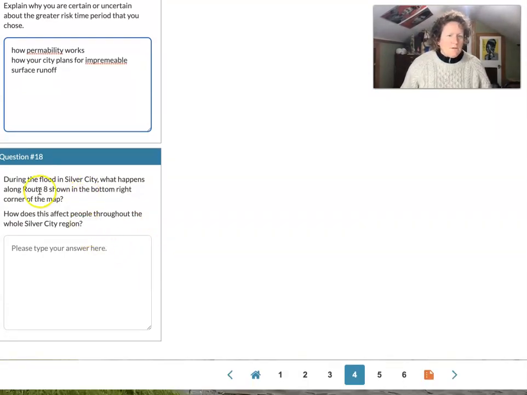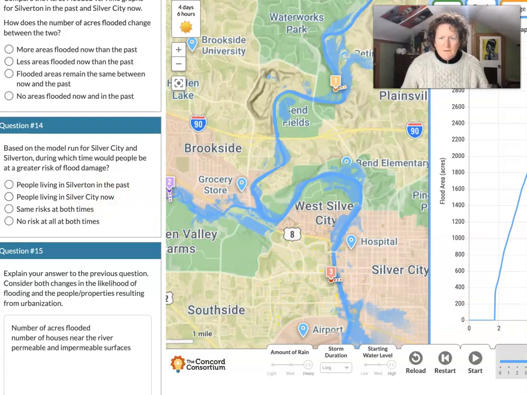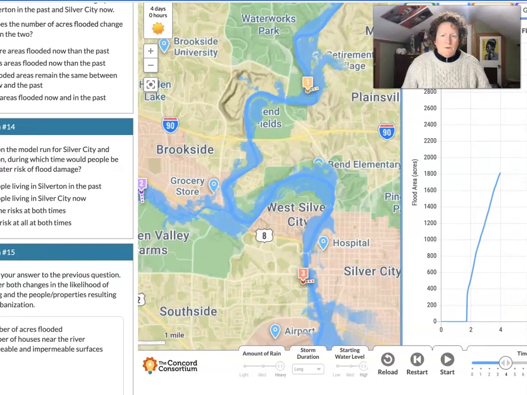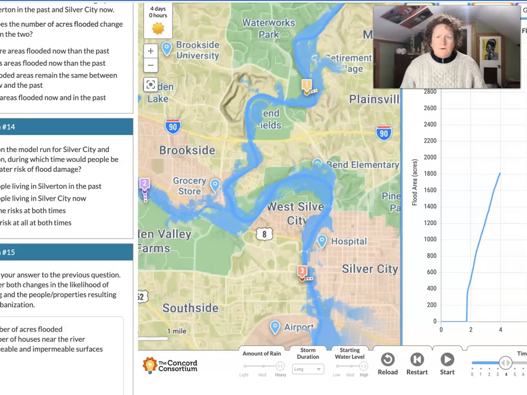During the flood in Silver City, what happens along Route 8 shown in the bottom right-hand corner of the map? How does this affect people throughout the whole Silver City region? Well, let's see, Route 8 is right here. Let's back this up so we can get the maximum flooding here. So I've gone to the graph where it just peaks out at 1800. We can see that Route 8 is a little bit flooded here. It looks like there's a lot of water over the road right here where Route 8 goes right next to the river. So that can help shape your answer to question